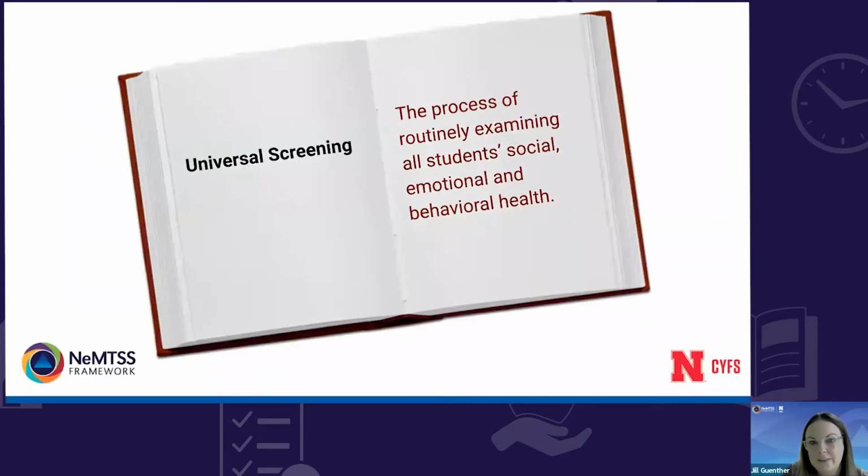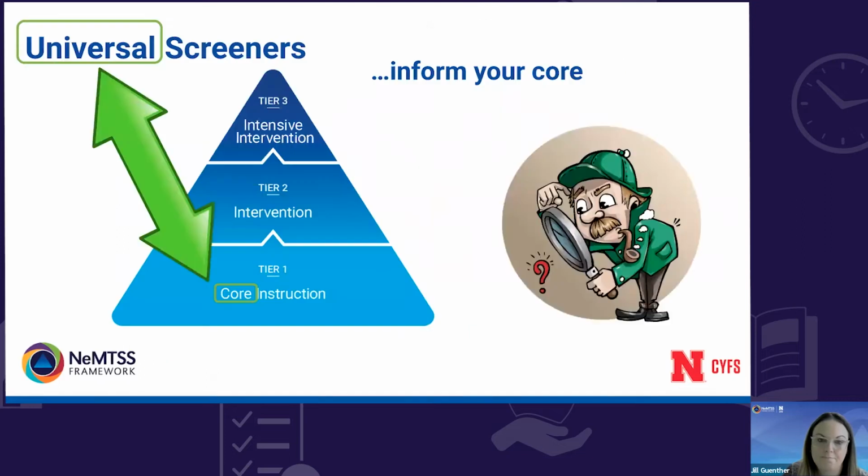So what is the definition of a universal screener? As you can see here, it is the process of routinely examining all students' social, emotional, and behavioral health. Universal screeners really help to inform the core. So tier 1 core instruction is what we do for all students. We can use that data from the universal screener to help inform the actions of tier 1 and doing it